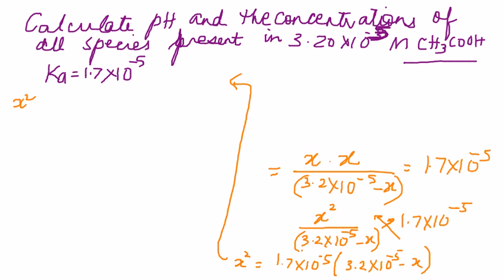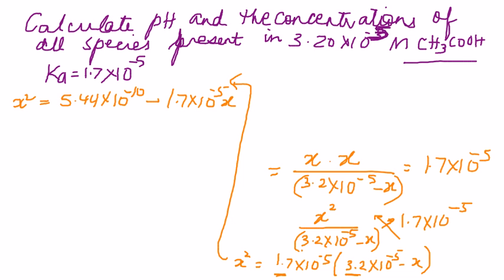And you can say x squared is equal to 5.44. That's what you would get when you multiply the 1.7 and the 3.2 together. So 5.44, the powers are going to add up, times 10 to the negative 10 minus 1.7 times 10 to the negative 5